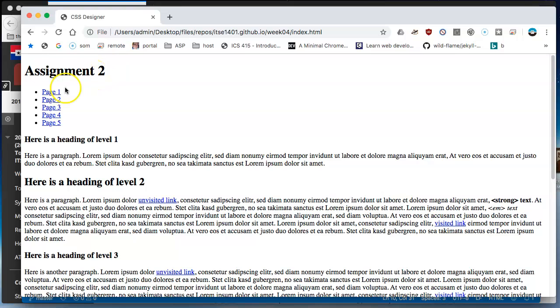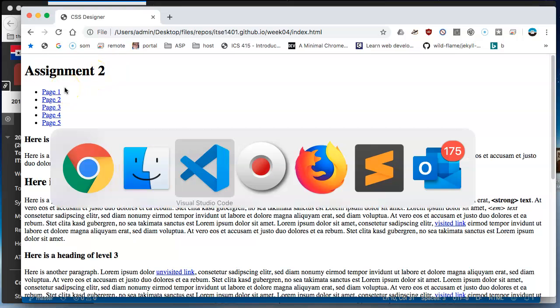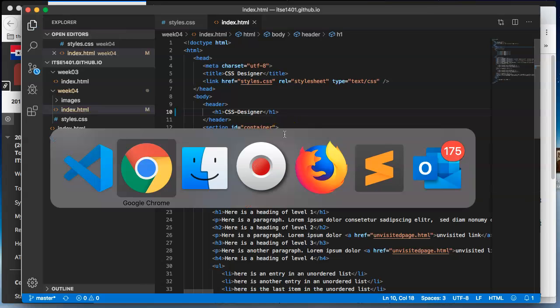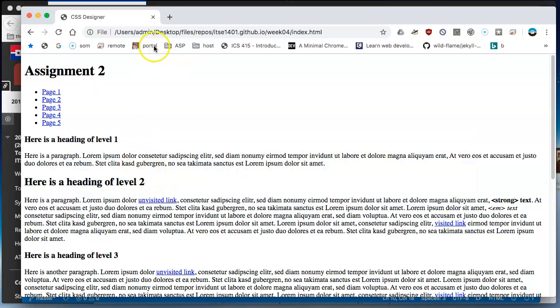Assignment 2 is what it's called currently. It should be called something else. It should be called CSS-Designer, and I can make that first change here in my index.html. From assignment 2, I'll highlight that, call it CSS-Designer. And I want to say that the one on the picture has a hyphen, so CSS-Designer. And I'm going to save that, Command S, Control S on your PC, and if I go back to Chrome, because I opened it up from my desktop, I can reload it